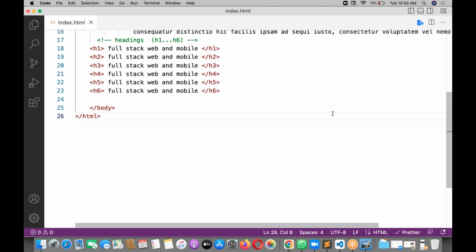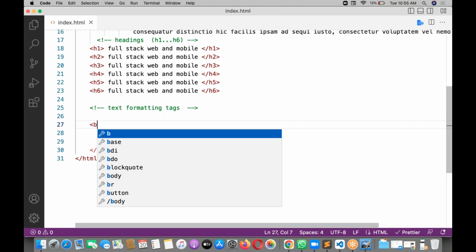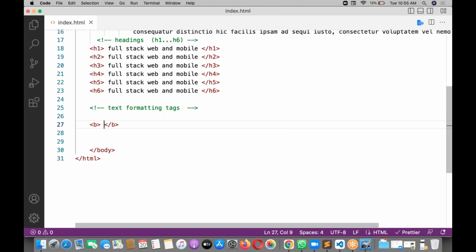That's very simple. Now I am trying to write different kinds of text formatting tags. Just observe that I'm writing multiple text formatting tags. So b tag, b is for bold content. Whenever you want to see the content in bold, let me go with the bold tag and take a br.